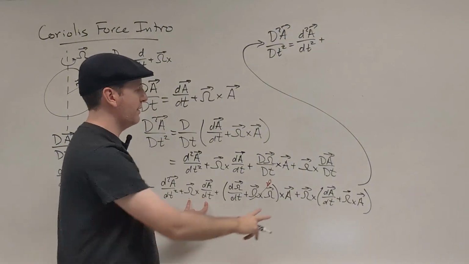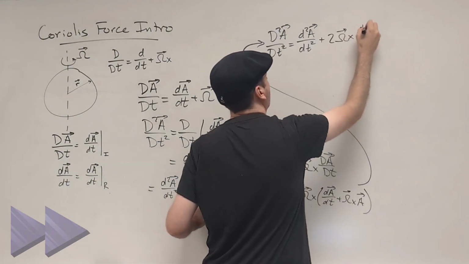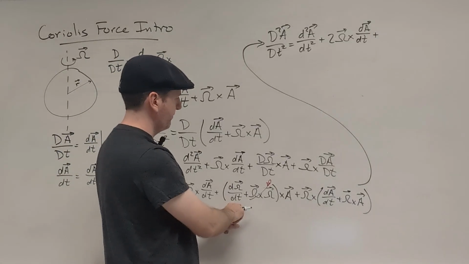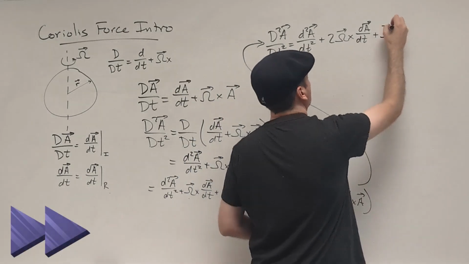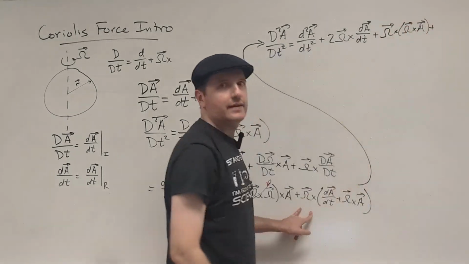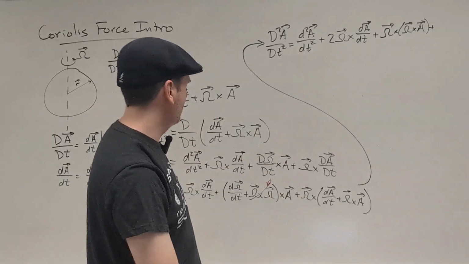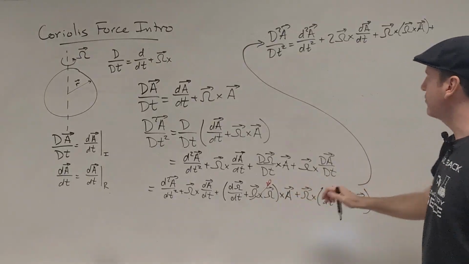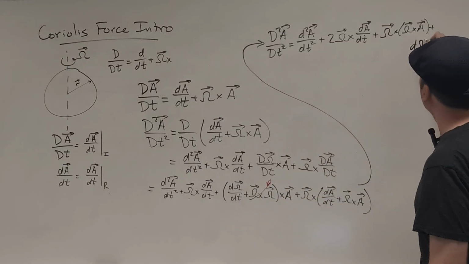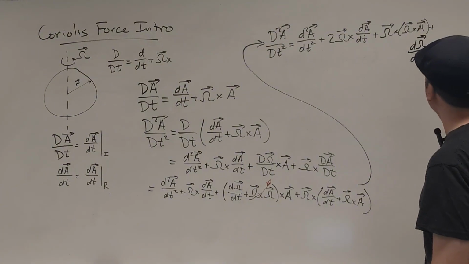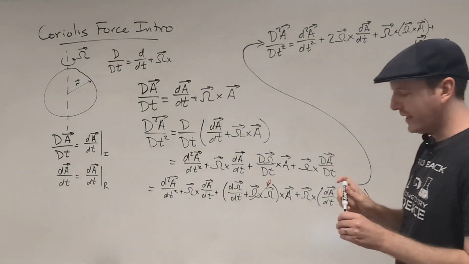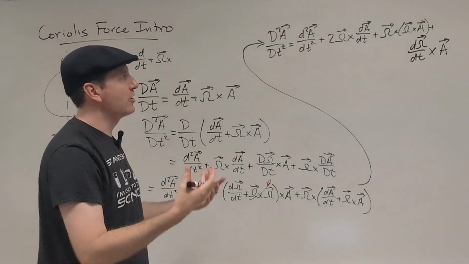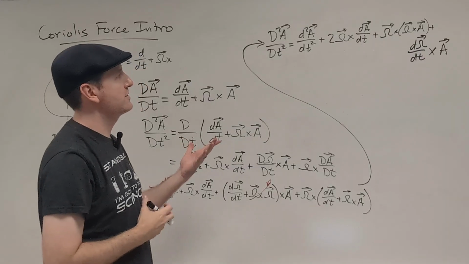So like I said, we'll get 2 copies of this. And then we'll also get, I'll save that term for last. And then finally, running out of room and also tilting up to the right, I'll write my last term, which is this d omega dt cross A. Okay, so that's my general version of a second derivative of any arbitrary vector in the context of a rotating